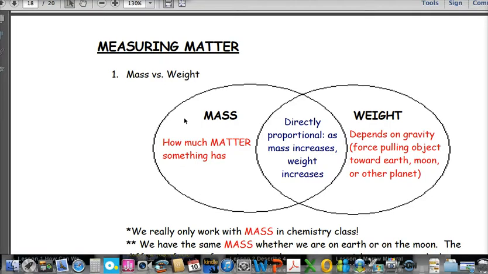And this always comes up, the difference between mass and weight. Well, in chemistry, we never use weight, we always use mass. The reason for that is that the weight of an object can vary depending on the strength of gravity. Most, if not all of you, have taken earth science, so you know, of course, that the earth